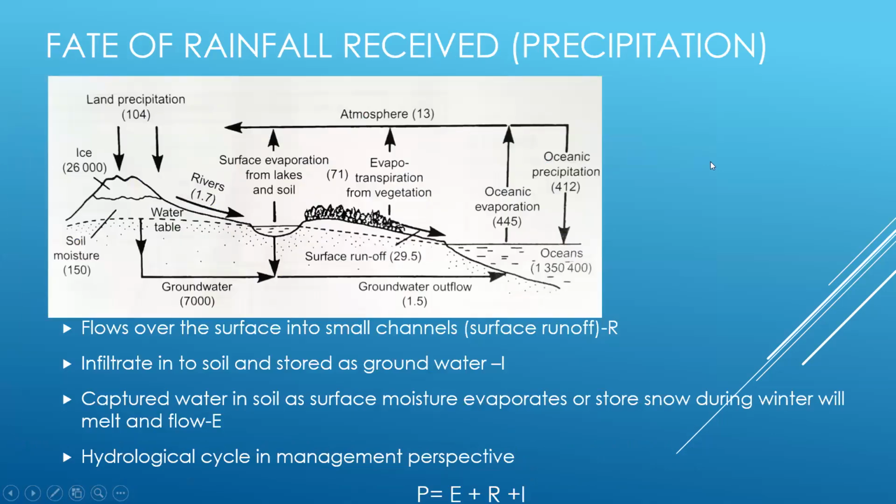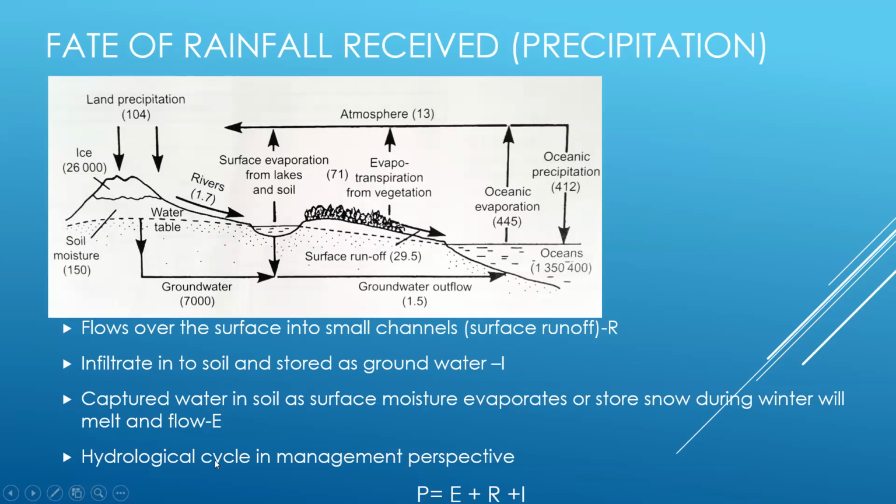Right. Rate of rainfall received. Now according to that presentation, when the rainfall is received, flow over the surface will take place. Part of it will infiltrate and part of it will reach the groundwater table, and everything will finally flow into oceans. A fraction of this will evaporate from the ground, and another fraction will evapotranspirate from plants. So this is how it takes place.